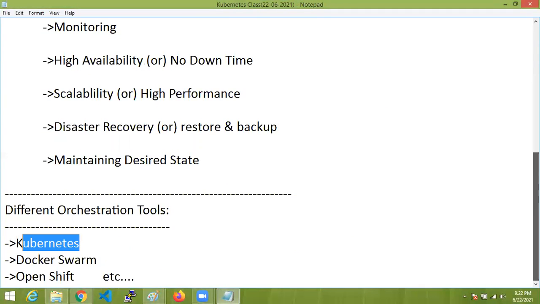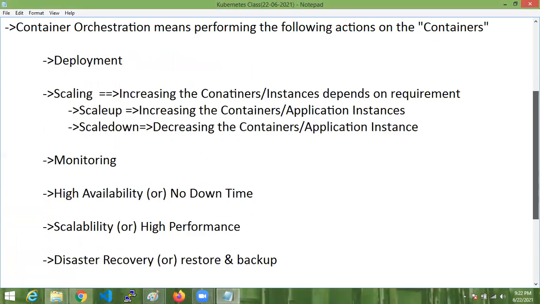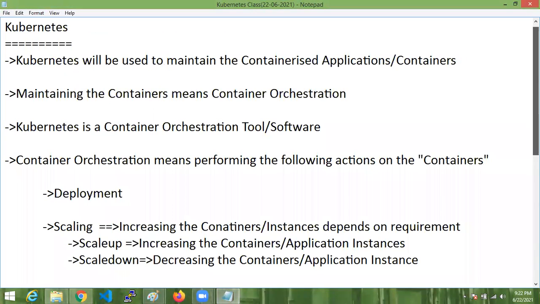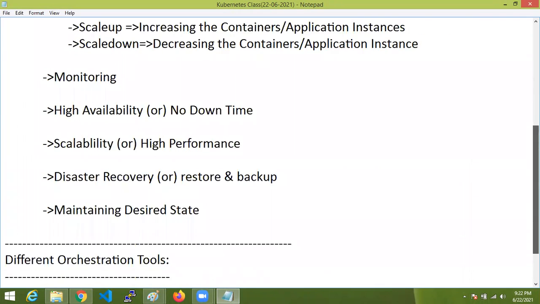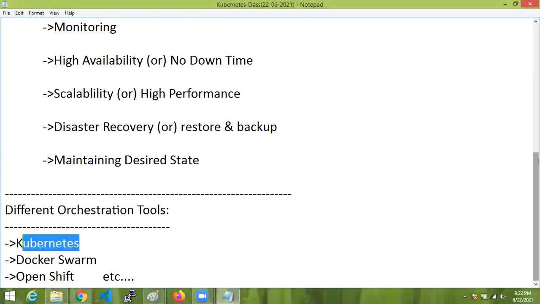This you should understand first. What is the use of Kubernetes? They will ask this as the first entry question. What is Kubernetes first? It is an orchestration tool. We can say Kubernetes is a container orchestration tool. What is container orchestration? Maintaining the containers. If they ask what maintaining means, it means deployment, scaling, monitoring. If you say these points, that's enough.